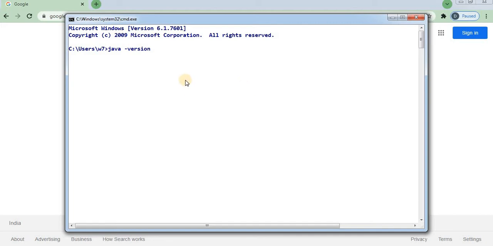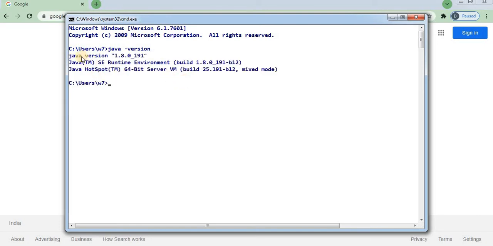Once you type this command and press enter, you will find out which version of Java your machine is using. It is recommended that your machine should have JDK 1.8 or Java 1.8 installed before installing Spring Tool Suite. So I will go ahead and hit the enter button.